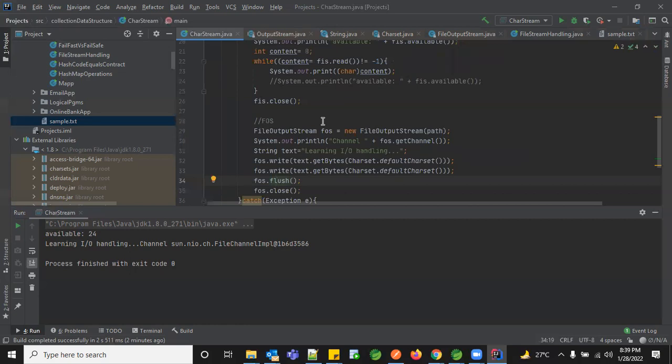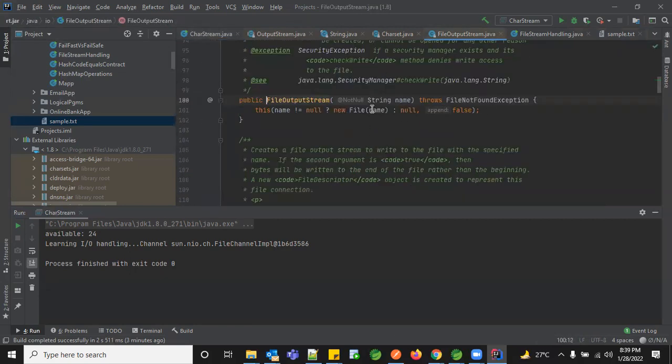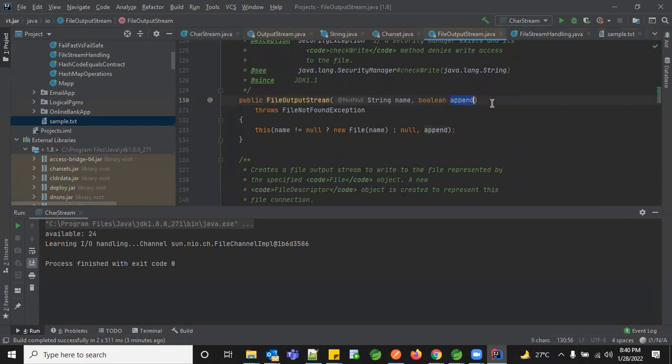Okay. So we'll see how to append our data set. Now you have seen this FileOutputStream, which is an overloaded constructor. In this, there is one with a string and a boolean. This boolean is like giving permission to append the data. So far, whatever we created was just a string, accepting the path where you have your file, and you're not giving the permission to append your data. But right now I'm saying, please append my data.